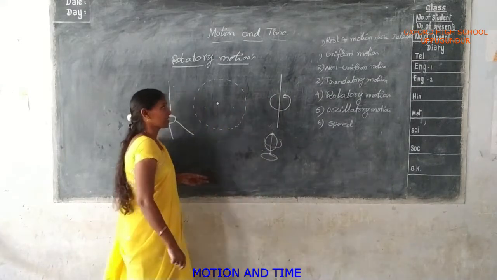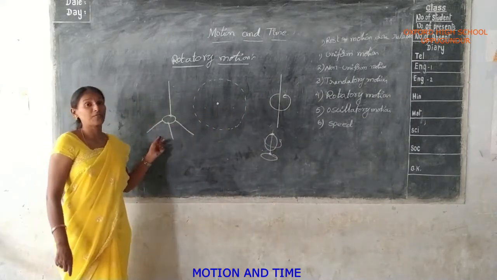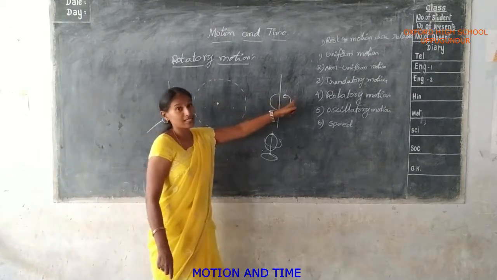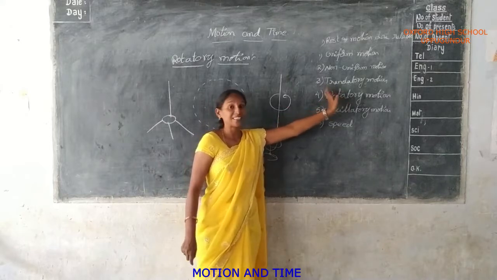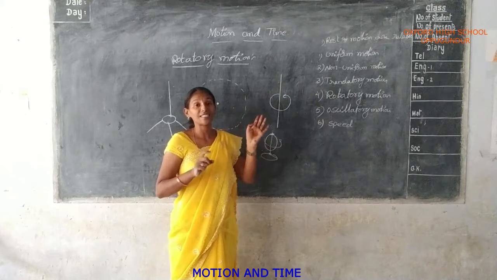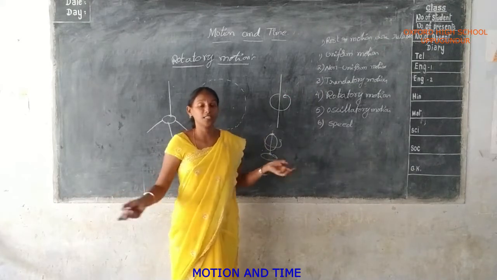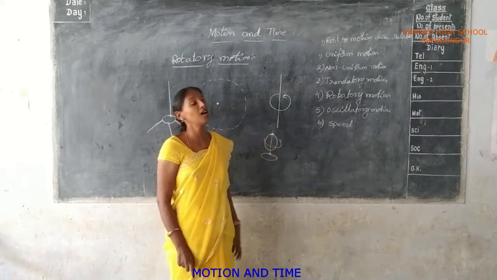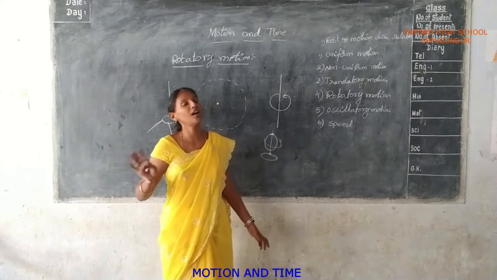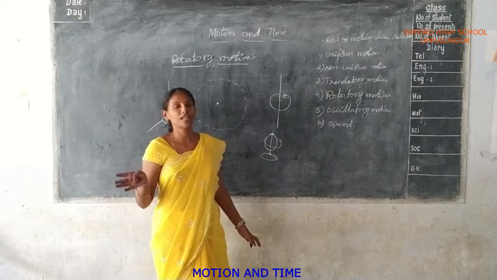Okay. And next, in a ceiling fan, you are also observing rotatory motion and translatory motion. Translatory generally means that the object will change its position. Any examples you observe in translatory motion, yes or no? Translatory means just changing the position only. The object will change its position.